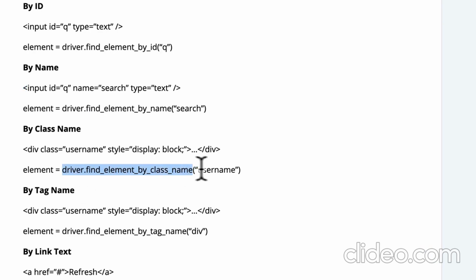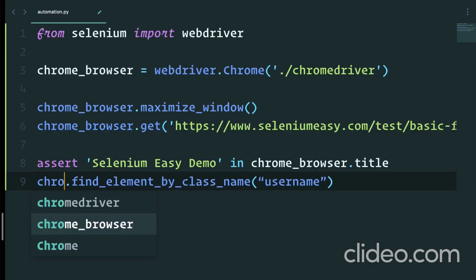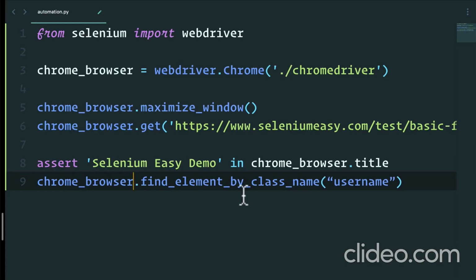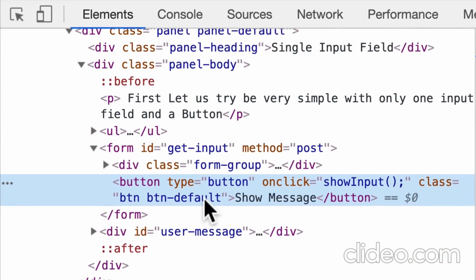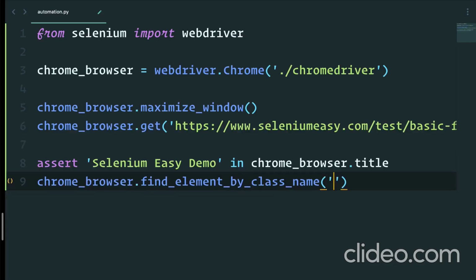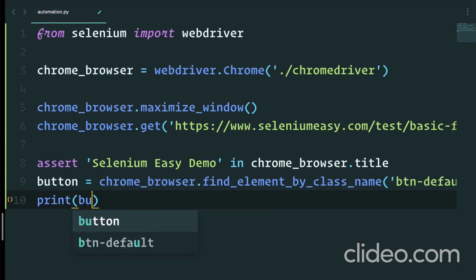So let's do that. I'm going to copy and paste this and simply say, hey, Chrome browser, I want you to find element by class name. And what was the class name that we used? Well, in our case, the class name is, let's say, button default. So I'm going to say btn default. And this is going to be our button. So if I run this and simply print button like this, if I run my code,